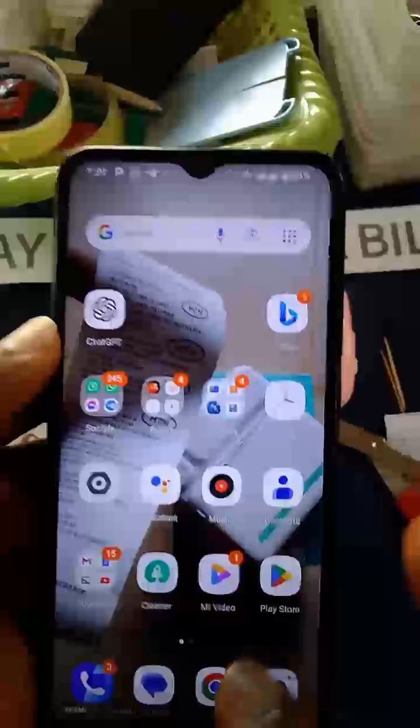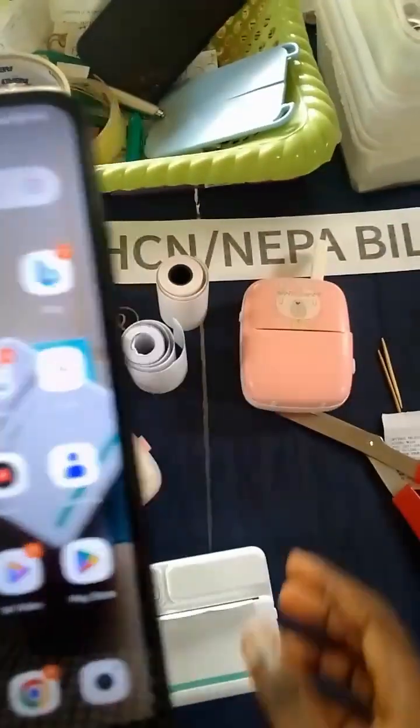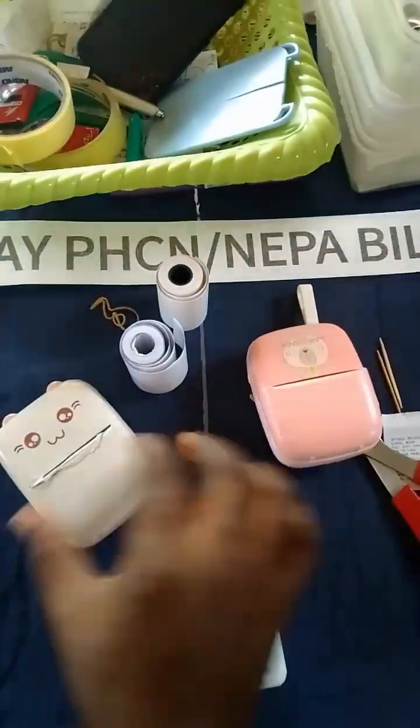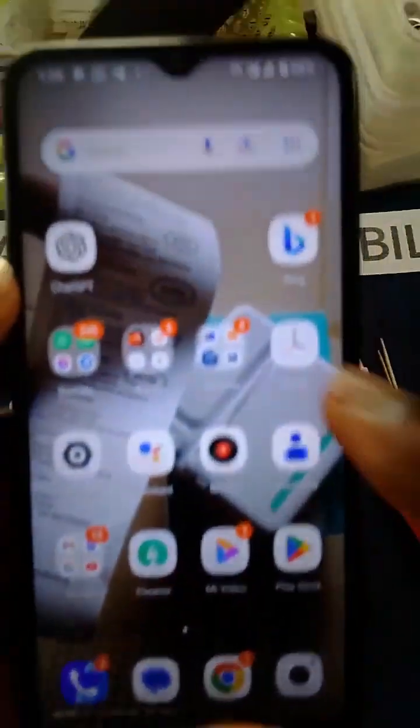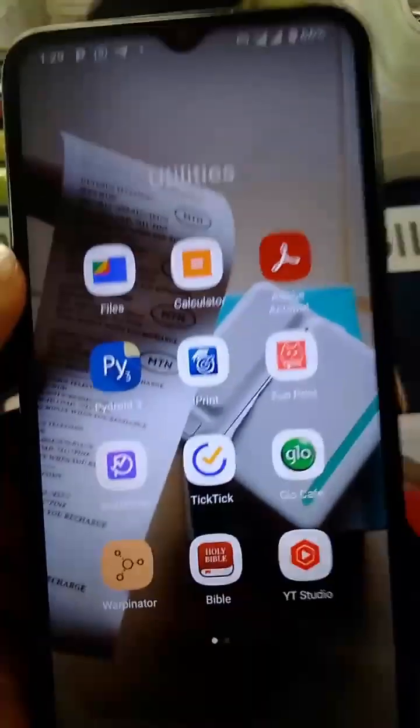It's just that the apps may be different. Okay, this one uses a different app. This one, it may use phone print, it may use another one, but this one uses phone print. So the one I told you to use for your own is what you will use. Okay, so